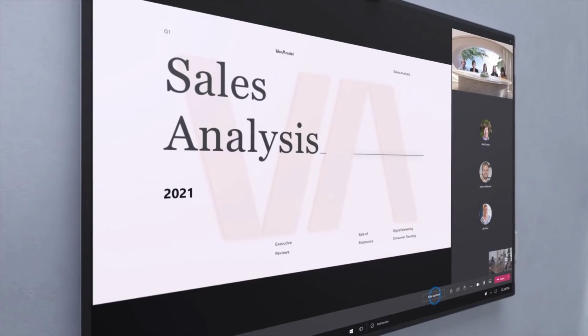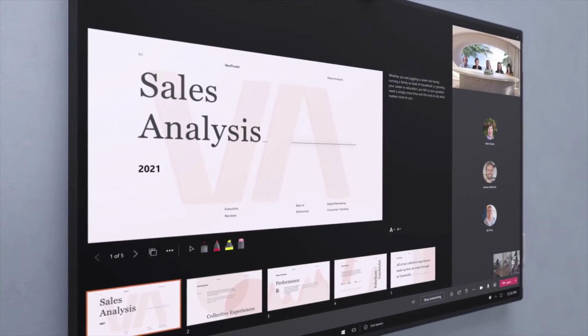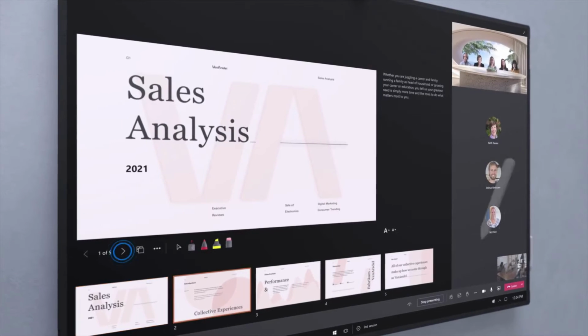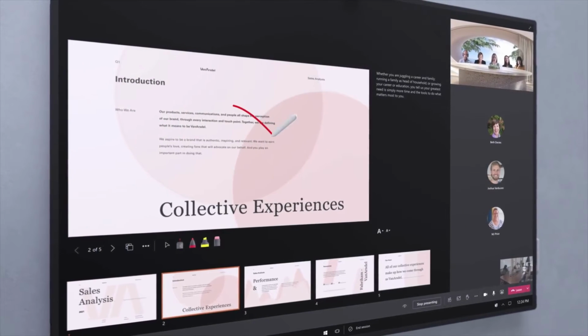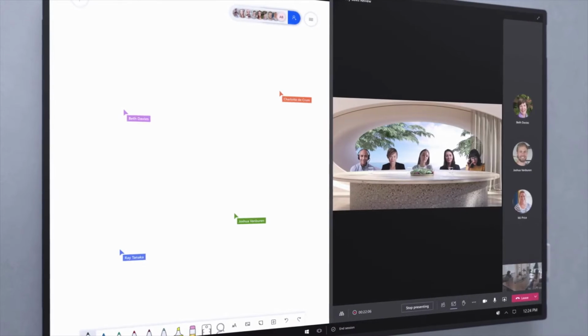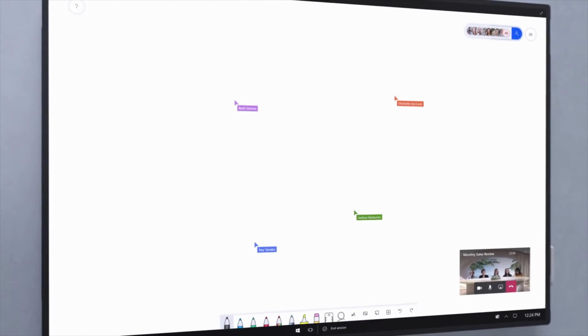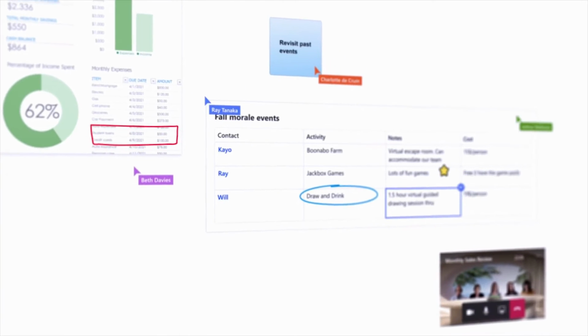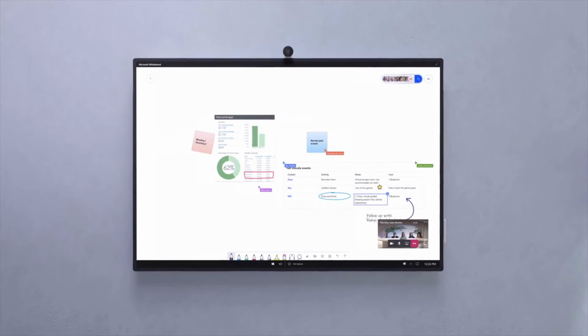On Surface Hub, you can also confidently present using features like PowerPoint Live in Teams, letting you see notes, slides, and your audience all in one view. Using the new Microsoft Whiteboard experience on Surface Hub, everyone can draw and ink on the same digital canvas, no matter where they are. And as features continue to be enhanced on Whiteboard, those updates will become available to Surface Hub. Now let's take a look at the meeting enhancements for remote participants.